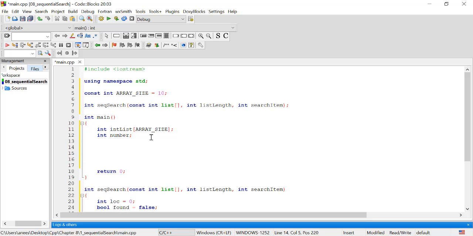After we're done with that, we can write in cout, enter the array size, and then here you can write in integers,